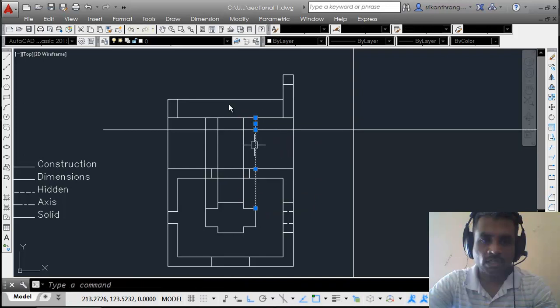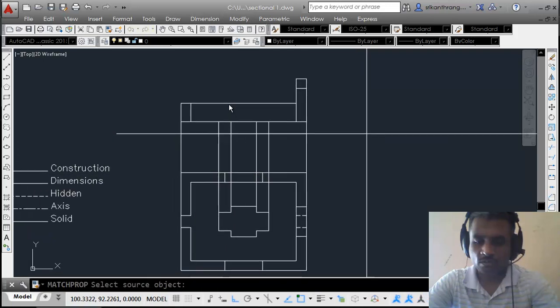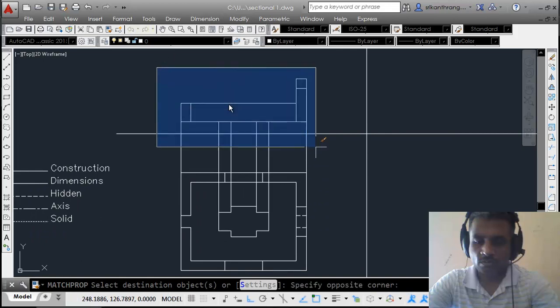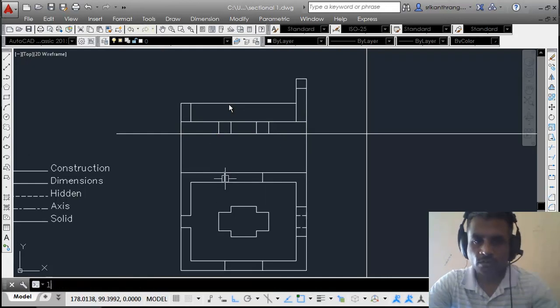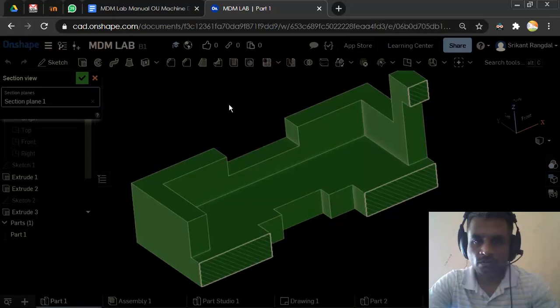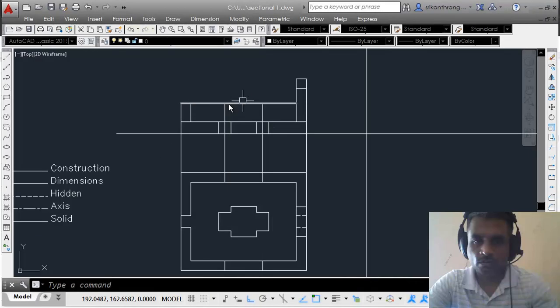We are just left to do one more thing, and that is this particular group. So I'll take a line from here to here and here to here. You just have to find out what this length over here is. So let us find that out. It is, yeah, you can see here it is 8. So I just have to go with an 8 offset here, and then I'll trim the parts that are not required. Fine. And of course this upper line will also not be visible.